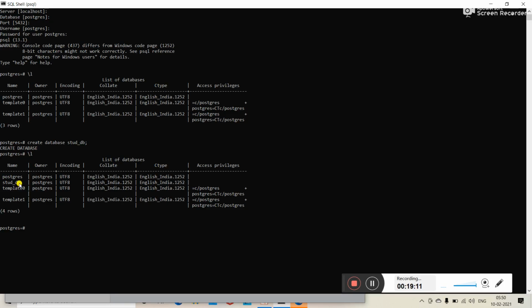This is the new database which we have created by using the CREATE DATABASE command. So the CREATE DATABASE command is used to create a new database with whatever name you mention here. Got it? And the \l command is used to display the list of databases.